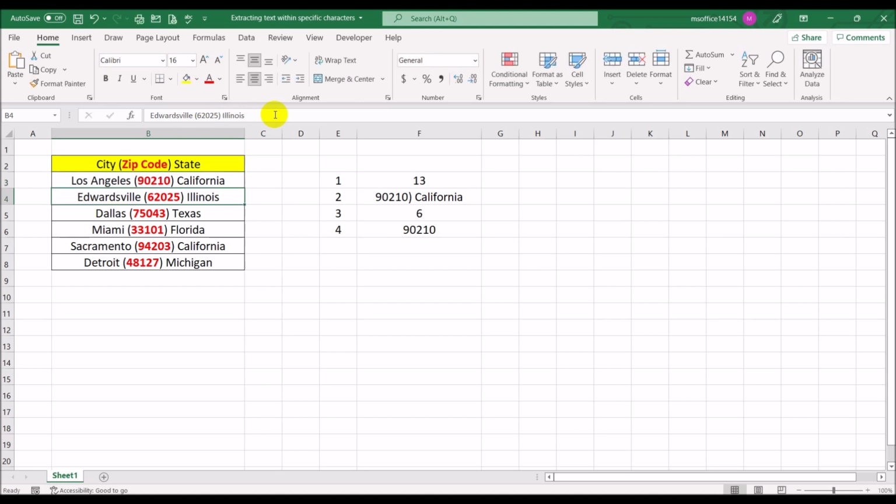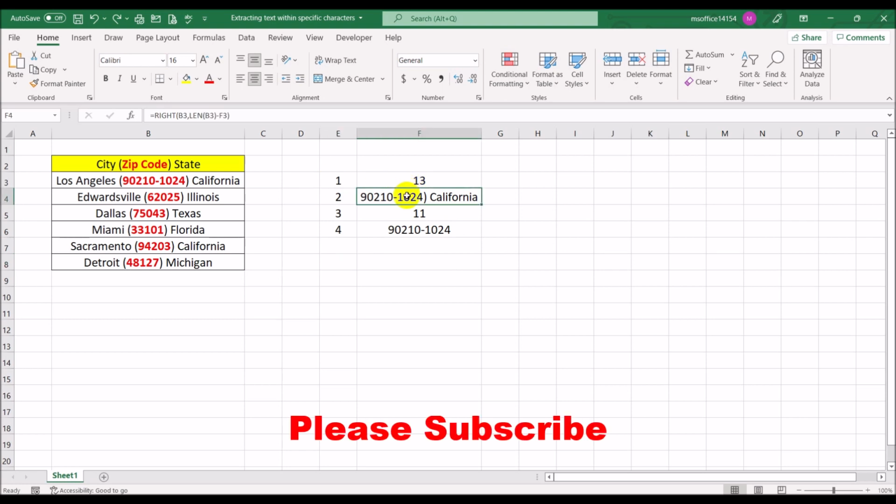Okay, let's go back. Now what we need to do is we've got these 4 steps. Now what we'll do is rebuild this so it's in one long function. So this